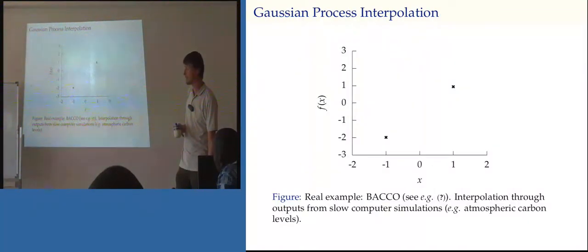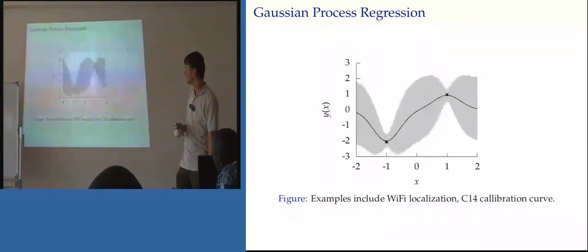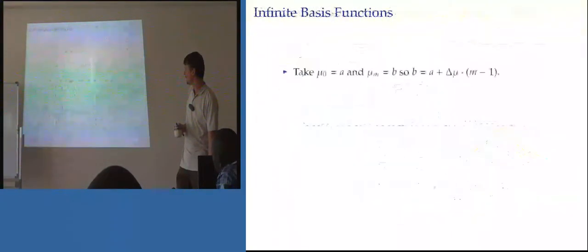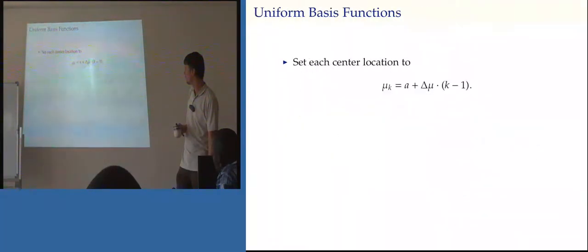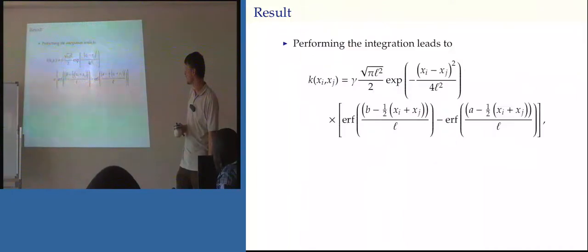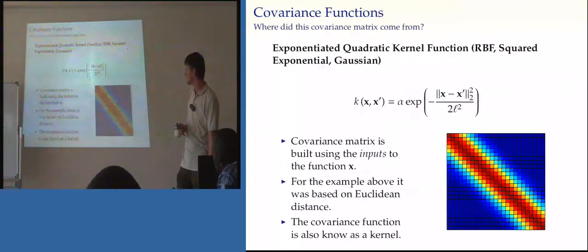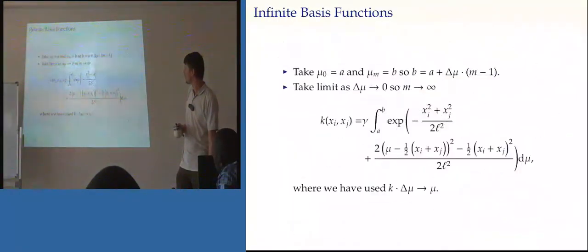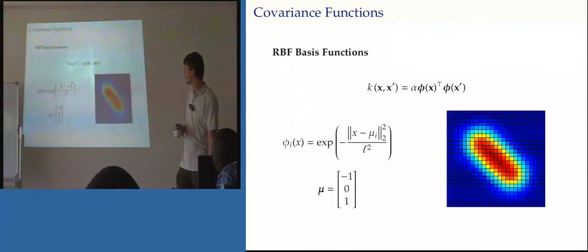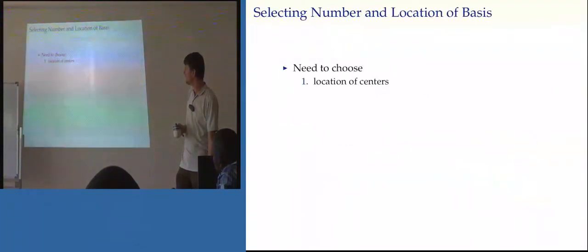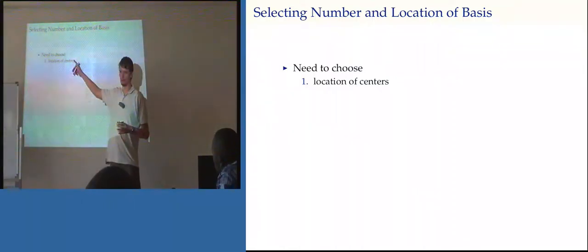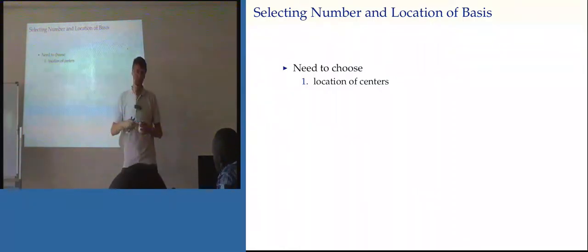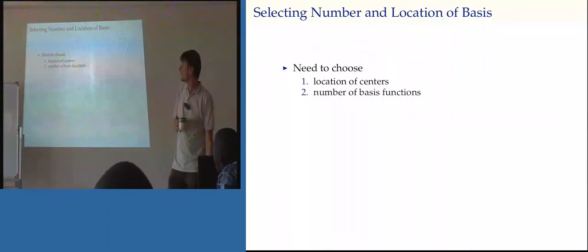Now, I might have time at the end to show you a nice result, which actually, well, I'll explain the result now, because I don't think I will have time at the end. So, yeah, in fact, that slide was coming at the end of the result, I think. So the nice result that is encoded here is, this is an issue with the basis function model. You need to choose the location of centers and the number of centers. Now, it turns out